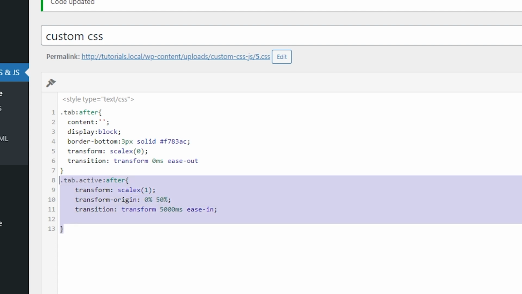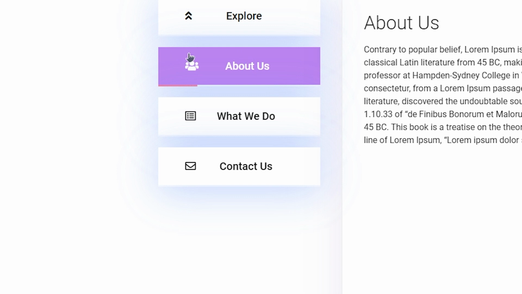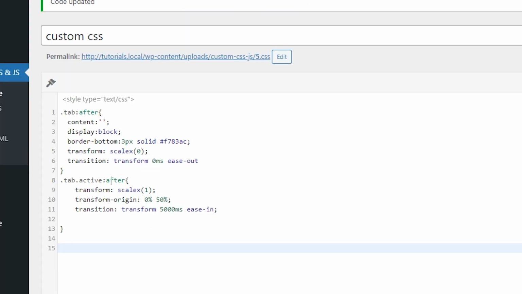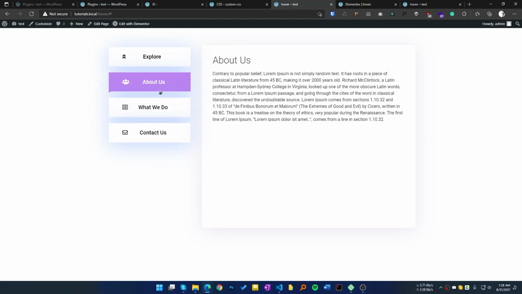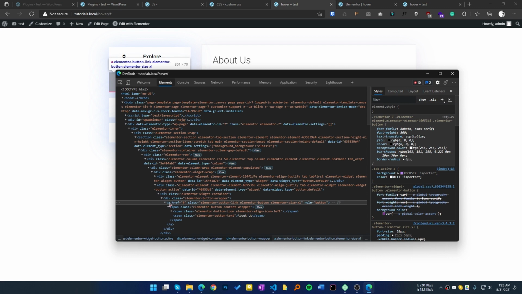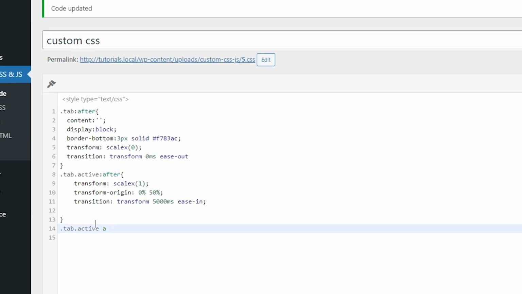So now our tab active is also done. If we look at this, when the tab is active, we have a nice background color and all the text is white. So we also have to set this. So now let's target this one, tab.active, and we'll target tab.active a. So if we inspect our tab button, as you can see, all the button is wrapped with the a tag. So we'll target this a. So tab.active a,